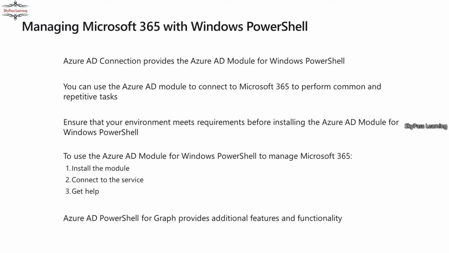So let me quickly show you. And just before that, there's a difference. You can see it here. Azure AD PowerShell for Graph provides additional features and functionality. The module is different, not much different. Like earlier we had a command, let's suppose New-MsolUser, the same as New-AzureADUser. So these kinds of replacements are there in the Azure AD PowerShell for Graph as well as with the normal Azure AD PowerShell. Like Get-AzureADDomain, here you will get Get-MsolDomain. So these are the kind of simple instructions. Mostly it starts with Msol instead of AzureAD. This is the main difference, nothing else.